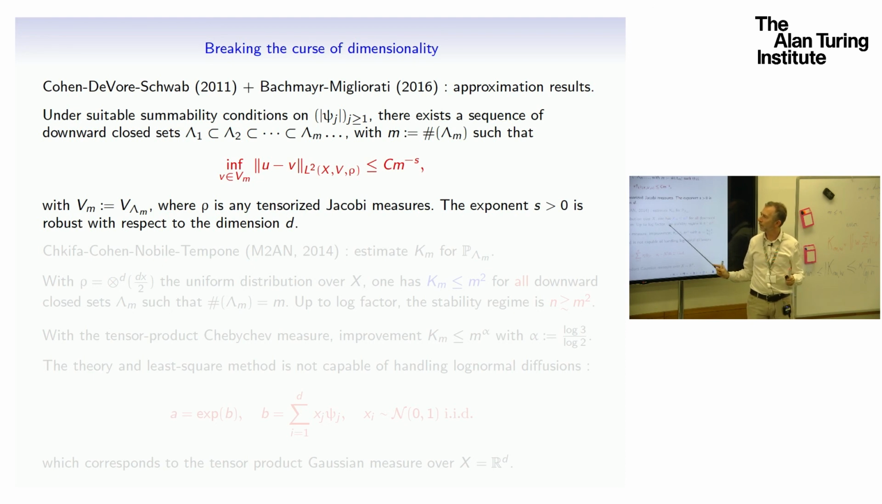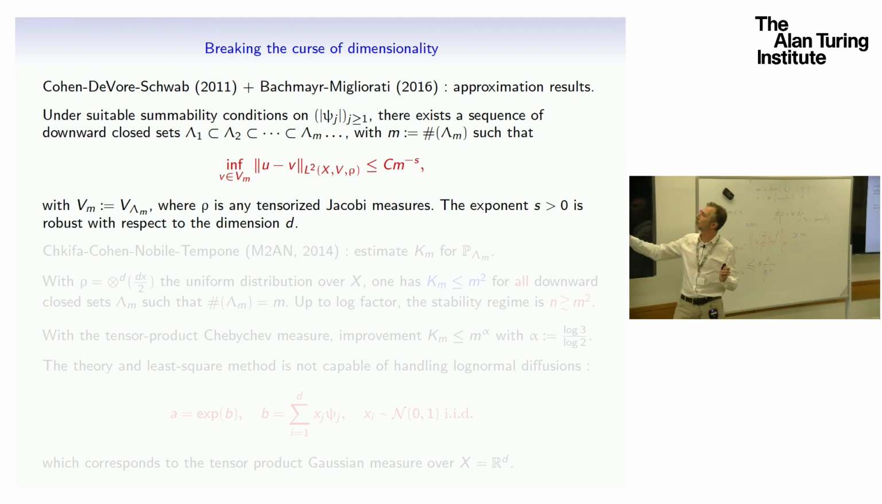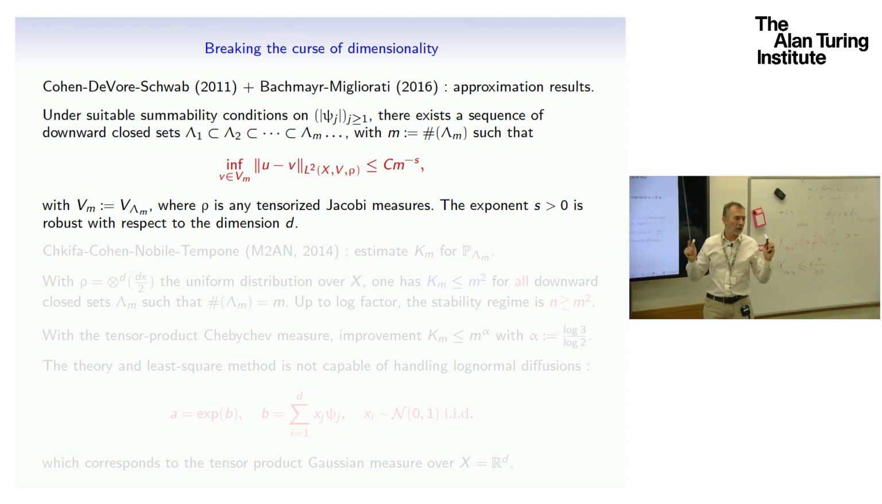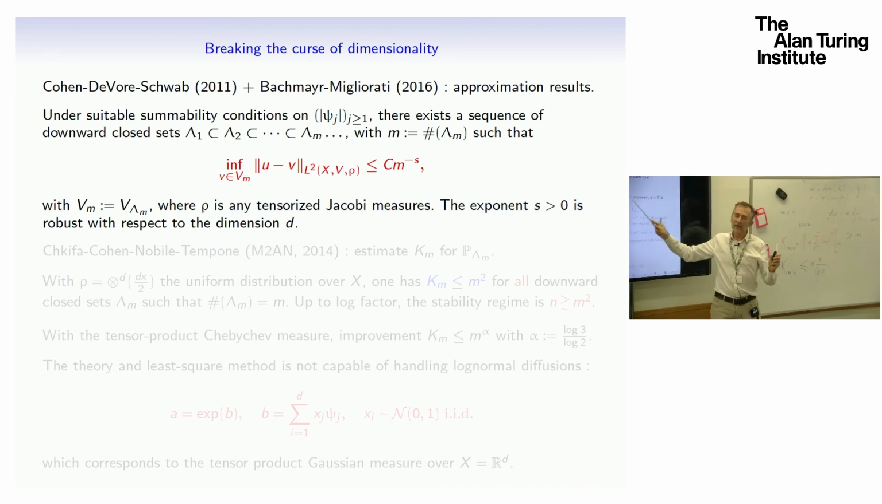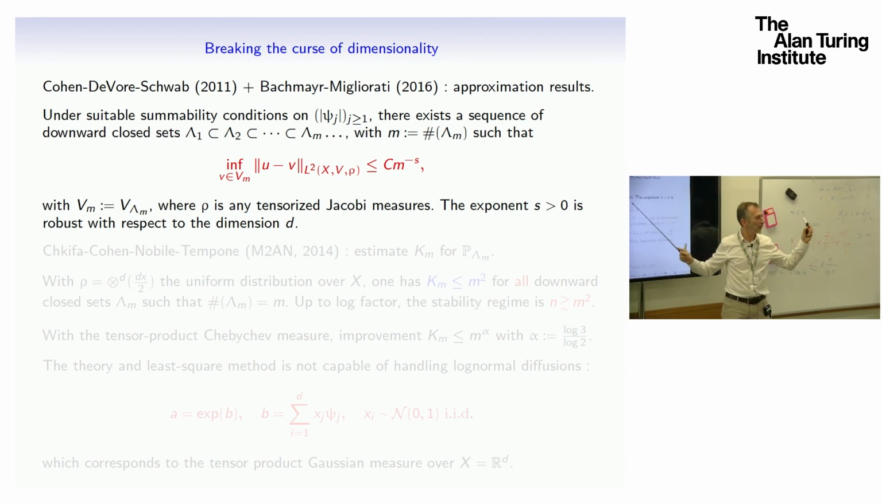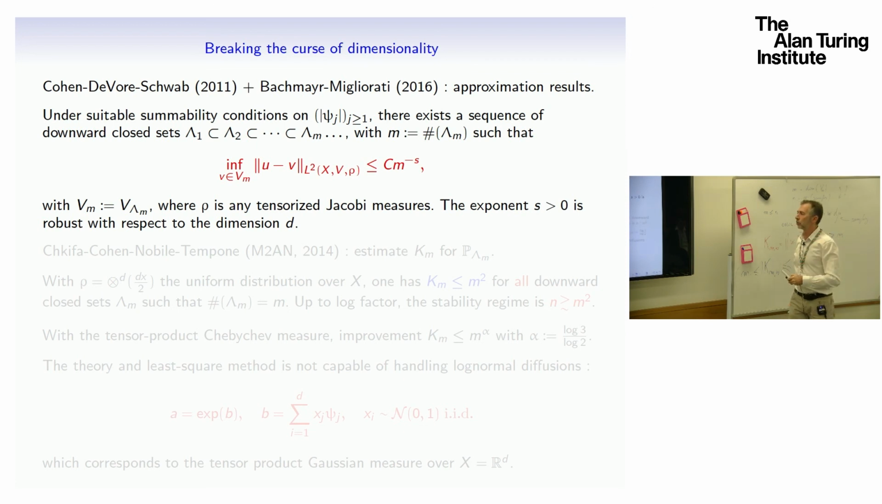Okay? So the interesting thing is that in this result, the exponent is essentially robust with respect to the dimension d. Why? Because certain variables are less active than others. There's a lot of anisotropy. If psi j is very small for certain j, then you should be able to use less degree in the variable xj than in the other variables. And that's what's being quantified by this kind of theorem. Okay, now we want to apply